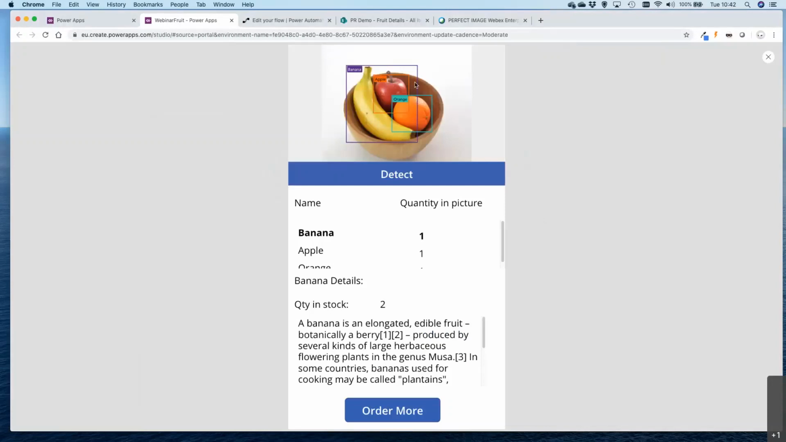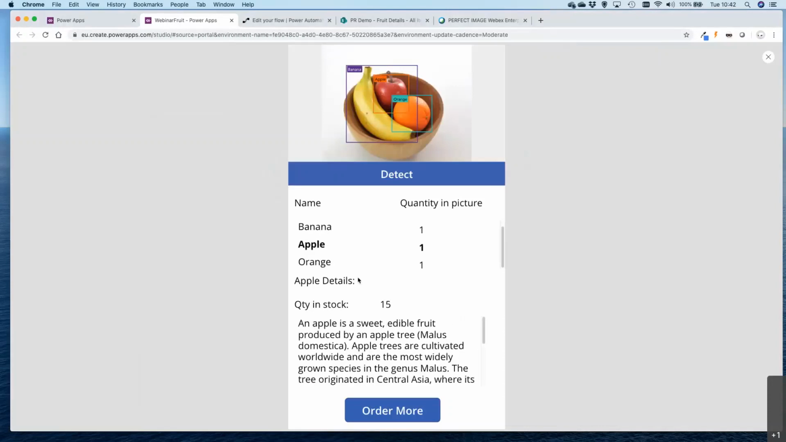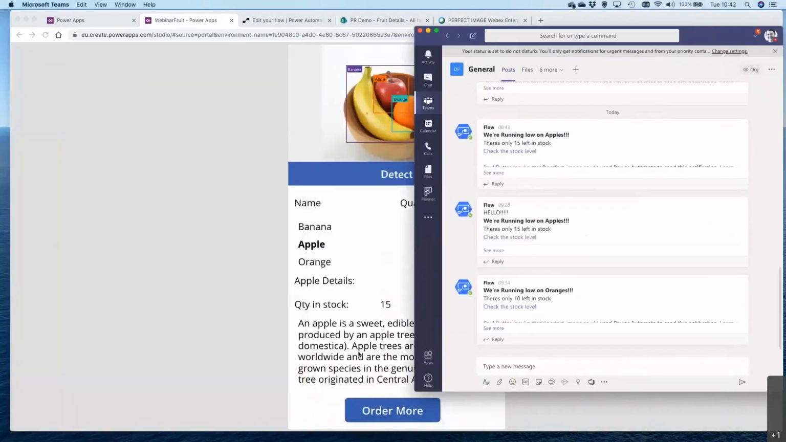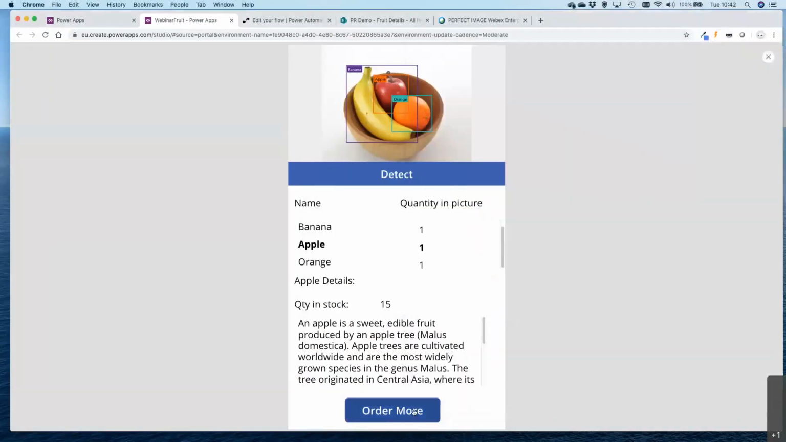So great, we can see we've got an apple, an orange, a banana. We can see we can scroll down in my gallery there, and I can select the different items, and that's all updating. Now, if I bring my Teams channel onto the screen as well, and try and get them so you can see, if I click Order More, what we should see, wrong button,